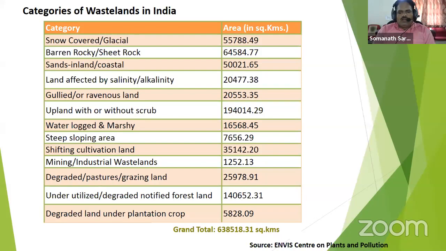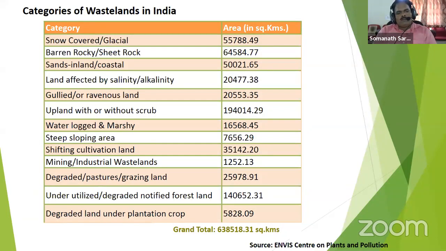According to the NRSC, they categorize the wastelands of India, our country. It includes snow-covered glaciers, barren rock sheets, and sandy land mostly covered in Rajasthan and Haryana. Land affected by salinity and alkalinity is also mostly covered in the Punjab and Haryana areas. Then gullied and ravenous lands, uplands without scrub,